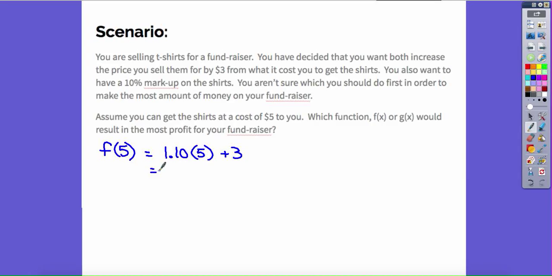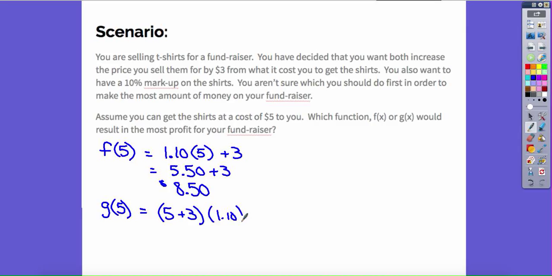And here's what we're going to end up charging people. So $5.50 plus 3. If I do the markup first, I am going to charge people $8.50 for my shirt. Well, let's check out g of 5. So if I do the price increase first, I now have 5 plus 3, then times my markup. And that's going to be 8 times a markup of 10%, and that's going to be